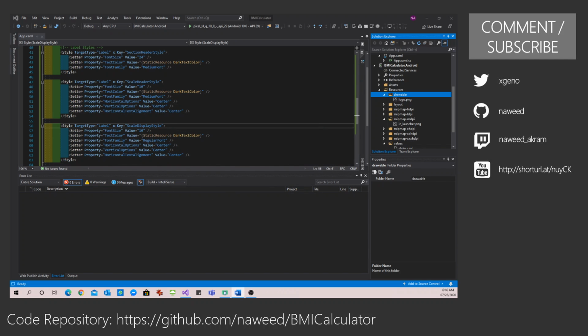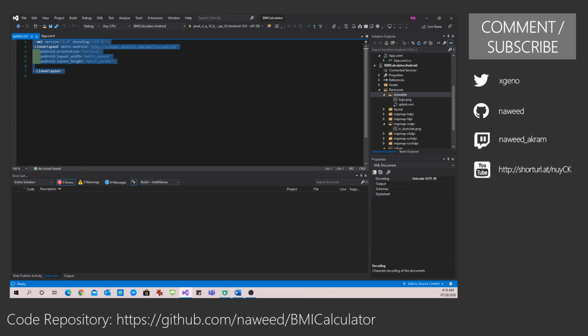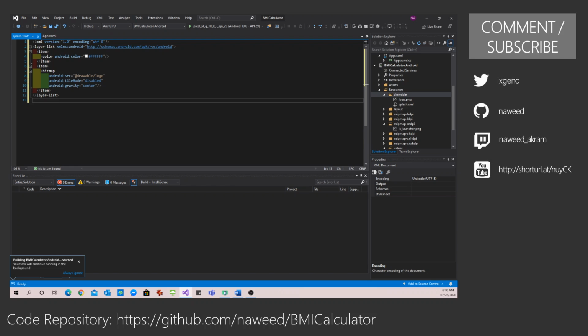This is a simple XML file. All we need to do is just define the layout for our splash screen. So this is the layout. It is using the background color of white, and it is just displaying an image in the center, which is our logo image over here. This is all this XML or this component is doing.